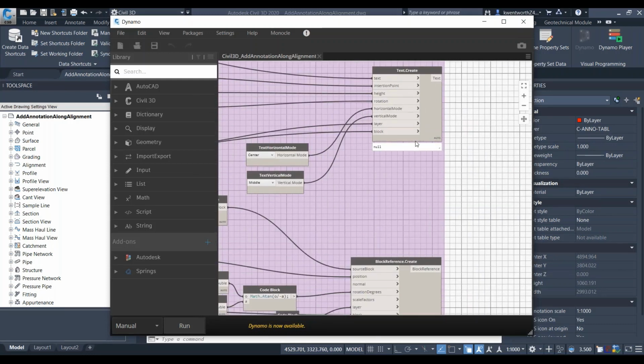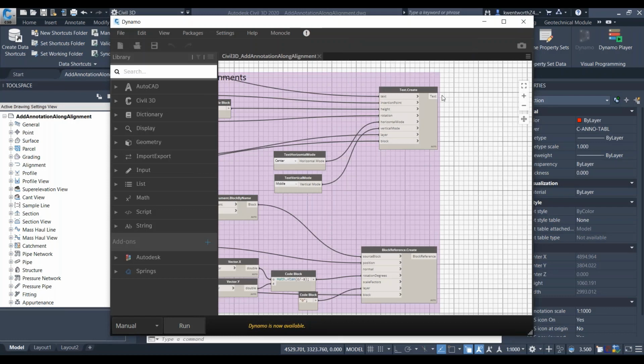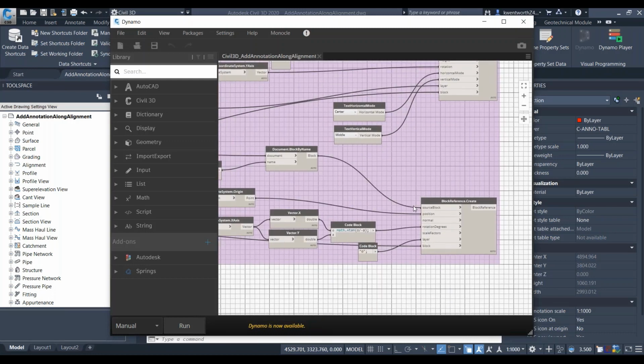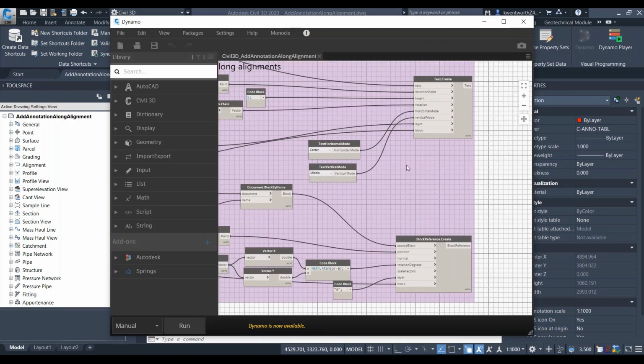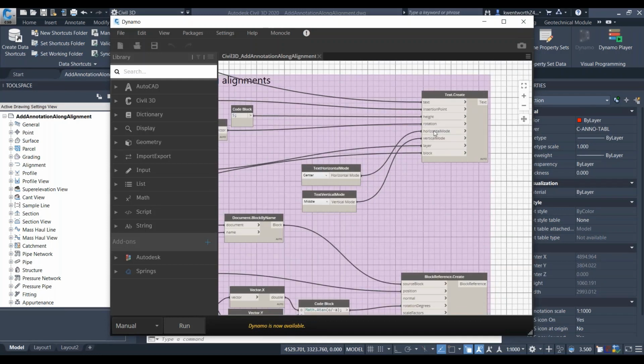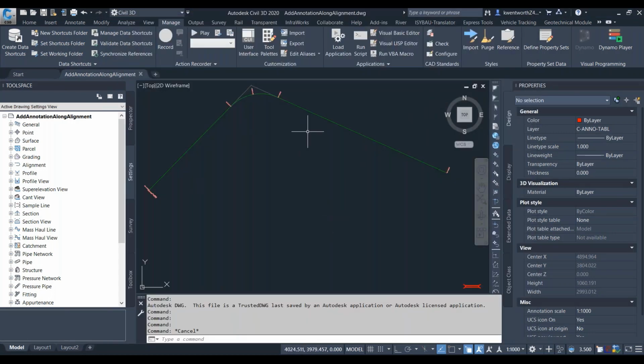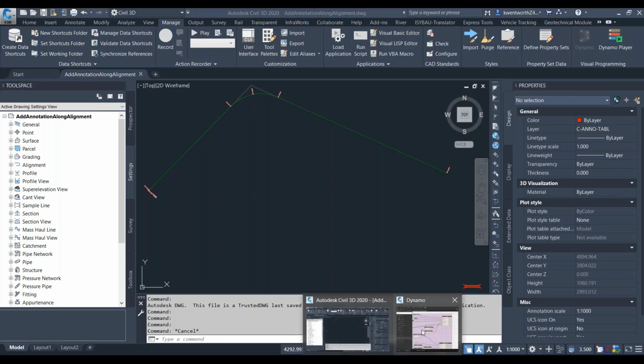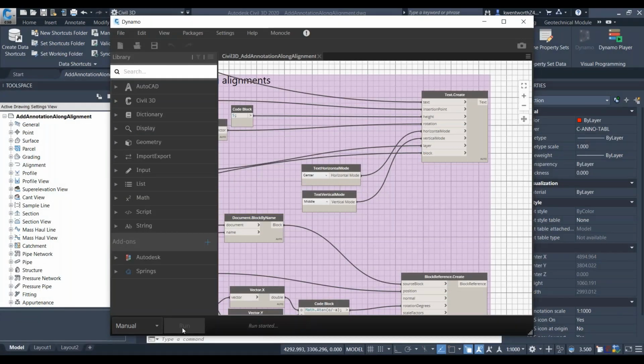Now, the end goal here is two things. There's two nodes here. First of all, it's creating text, and it's also creating a block reference. So that means that all of these individual nodes here are feeding into these output nodes, which is going to bring objects back into Civil 3D. So if you notice right now, I've got nothing in this drawing, but as soon as I run this Dynamo script